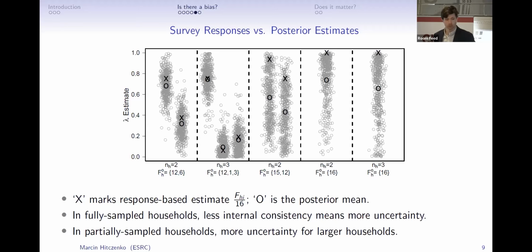The middle household represents another fully sampled household with less internal consistency. Both household members claim to have a majority of the responsibility, which obviously cannot be the case. And you can see there's a lot more uncertainty in what the true lambda distributions for that household are. And the posterior means are shrunken towards the center, towards even sharing. And the 2 on the right show singly sampled households. And again, you can see that there's a shrinkage away from the high extreme.